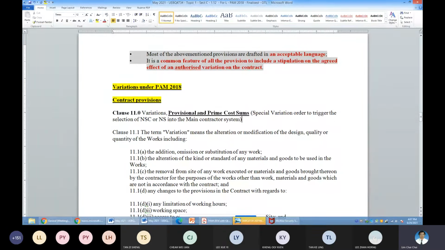First of all, there must be a provisional sum or prime cost sum. And then the architect will issue a variation order, a special variation order, using the AI. So issue an AI, okay, to trigger